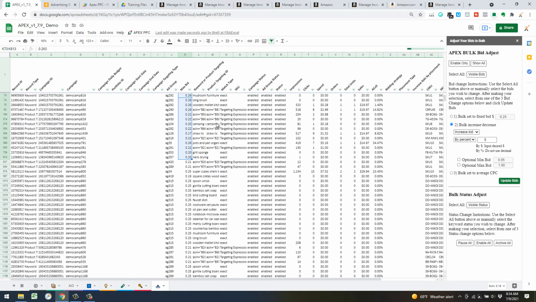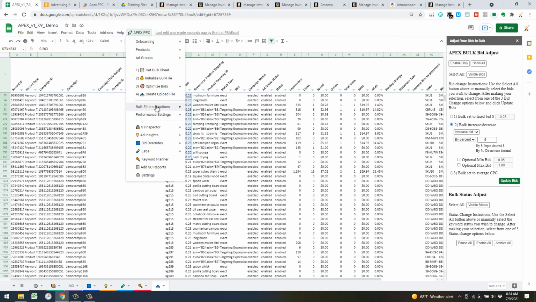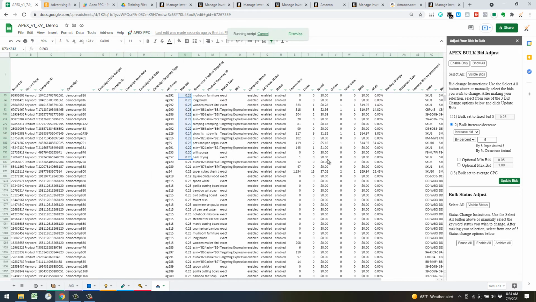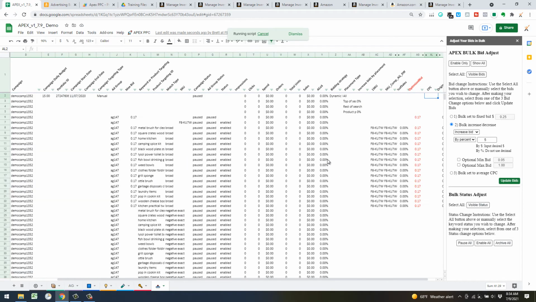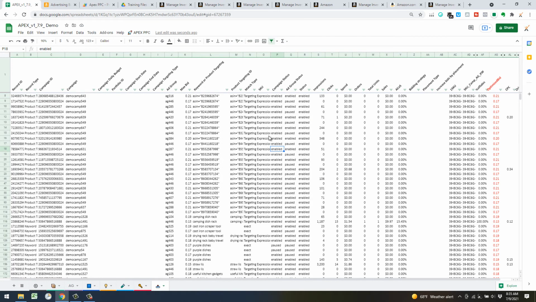All right, so that's how that works. The other thing you can do is, let's say I want to look for duplicates. You can come up here. I'm not sure if there's going to be any in this data set just because it's demo data, but let's see how it does. All right, so it actually did find some. Again, this demo data is really kind of arbitrary, but the columns you're going to want to pay attention to